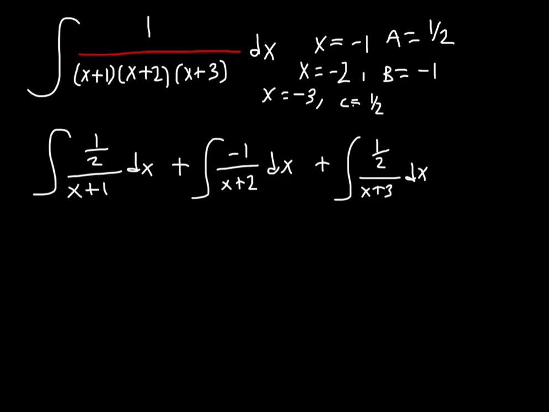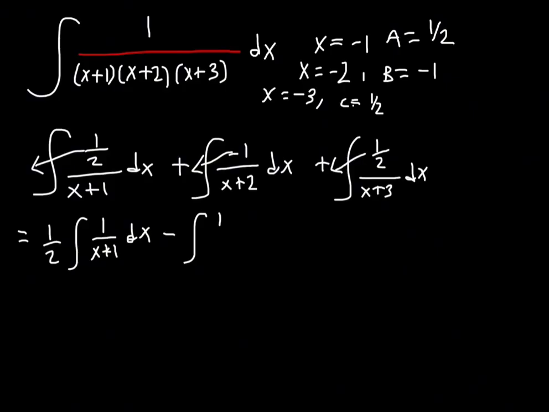So using the property of integrals, I'm going to take the 1/2 to the front, and then the -1 to the front, and then the 1/2 to the front. So this is equal to 1/2 of the integral of 1 over x plus 1 dx, minus the integral of 1 over x plus 2 dx, plus 1/2 of the integral of 1 over x plus 3 dx,